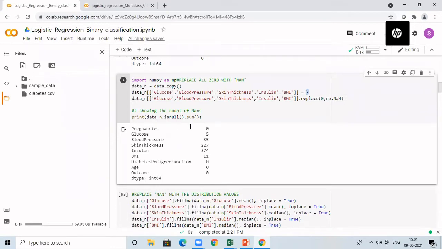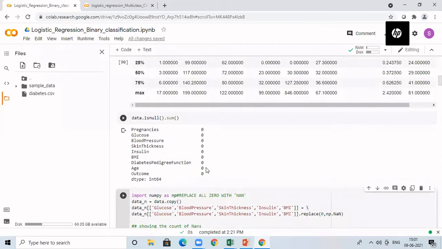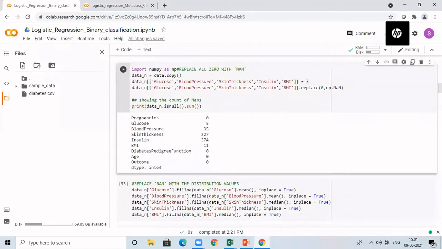If you do that, previously it was 0. You can see here when we printed initially it was 0 because there is no NaN in that. Every value is having some value. But now wherever zeros are there, we have replaced zeros with NaN. Therefore, you will get some value for the columns which originally had 0. If you consider here, glucose had 5 zeros, we have replaced that with NaN. Similarly, under skin thickness, 227 entries are now NaN. So next we have to handle these NaN values.